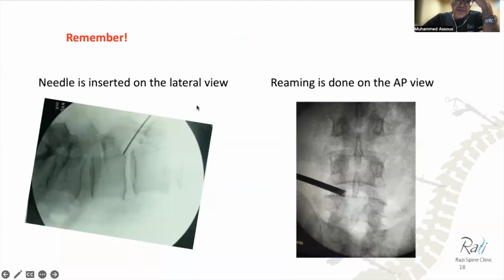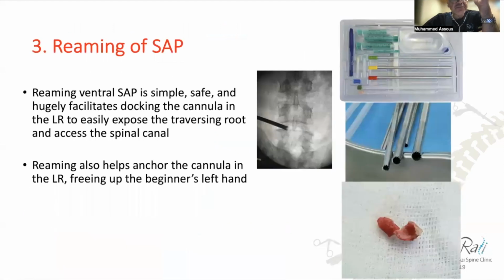So needle insertion on the lateral, reaming on the AP. I put a different slide because this is really important. Reaming, so we need to ream a little bit of the base of the SAP. And the reason you want to ream is because you want to open up the narrow caudal half of the foramen. As you know, that's the narrowest part. So you take a sliver of the ventral part of the SAP,